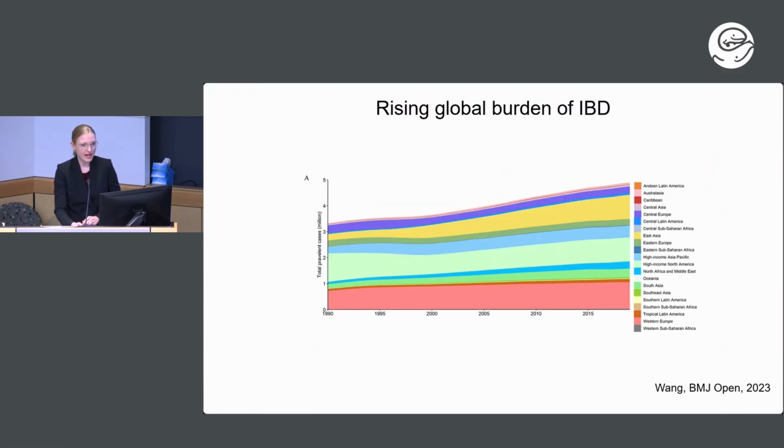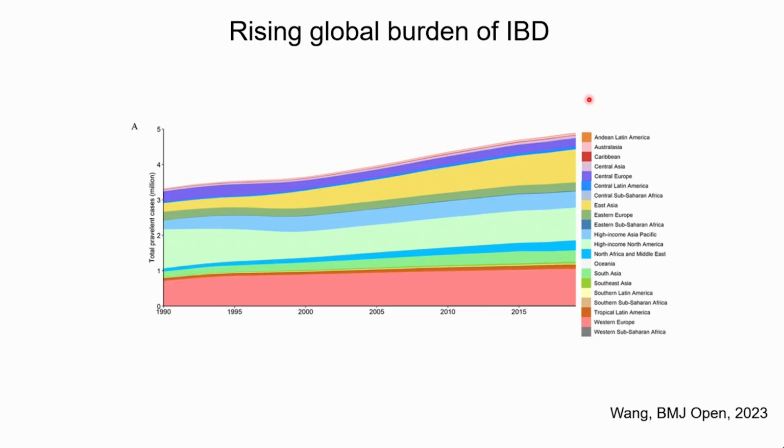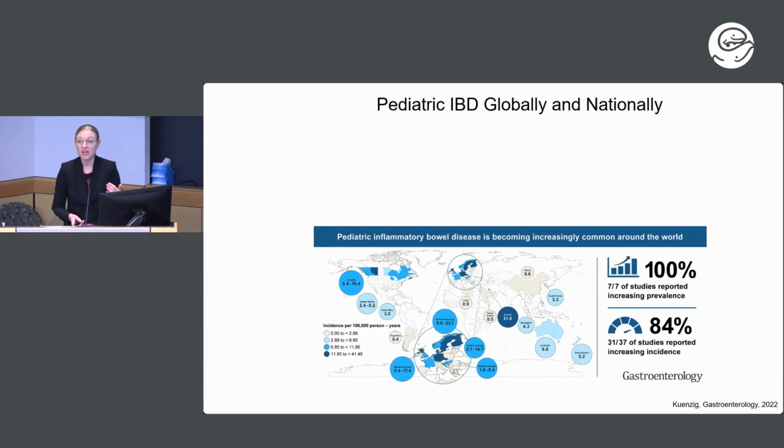And then when we look at the trends of IBD prevalence over time throughout the world, this is since the 90s, and then detailing different regions of the world here. Essentially, the prevalence is increasing everywhere throughout the globe, but the slice that we see increasing most dramatically is in East Asia. Thinking about the burden of pediatric IBD specifically, the prevalence and incidence is rising.